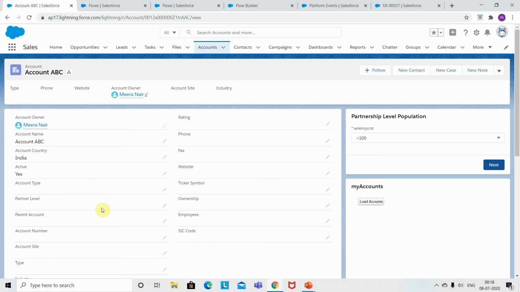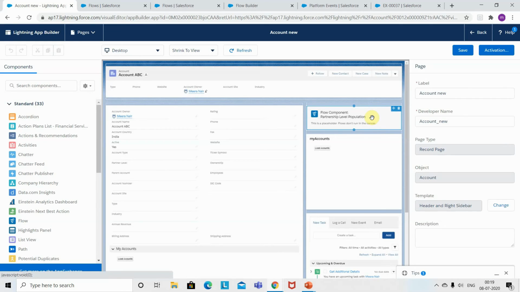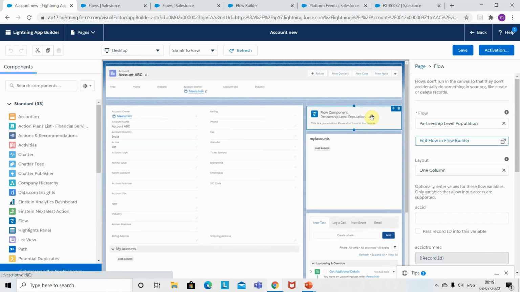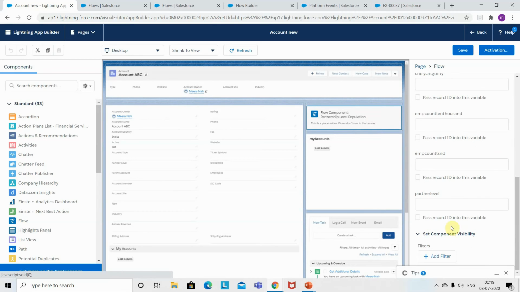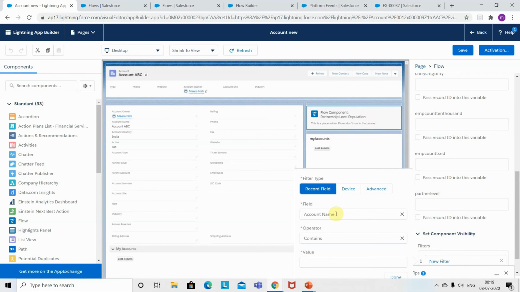Okay, so here the account type is not populated, but the screen is still visible. Like we mentioned, first let us make this conditionally visible. I hope you know what to do to make this conditionally visible. Let us go and edit this page. This is the flow component that I have added, which passes a record ID to the flow. And here you can set the component visibility. I'm adding a filter here,